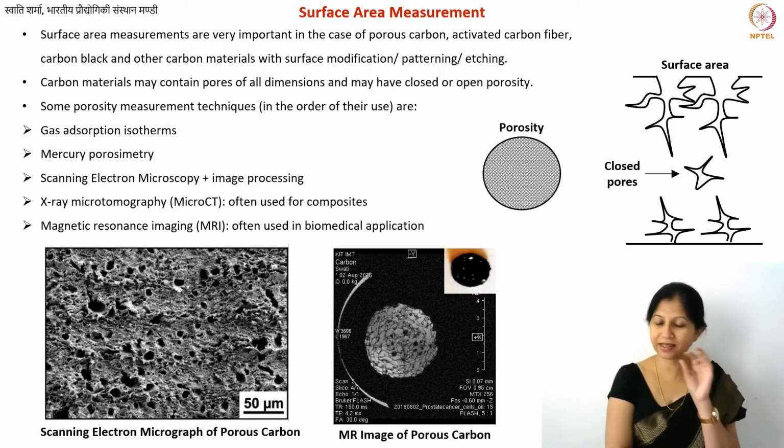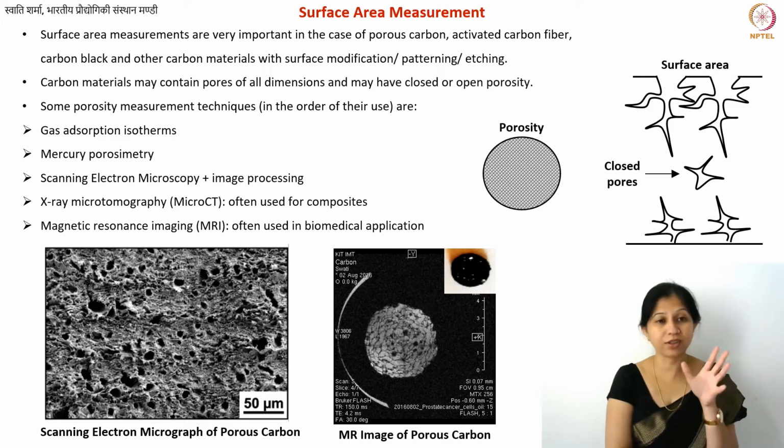So the sample size is much smaller, and also we are now using a carbon material, often elemental carbon. Performing micro CT on carbon material is challenging, and why? Because carbon materials have very high transparency to X-rays, so it is challenging to get a reasonable contrast in the image. But this is also one technique that has been tried out.